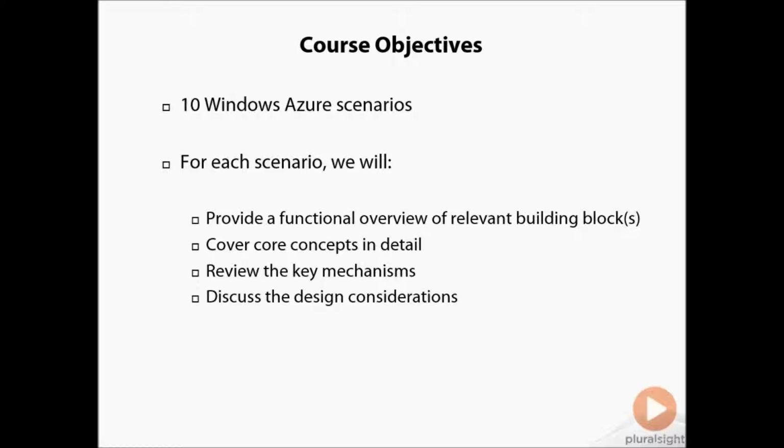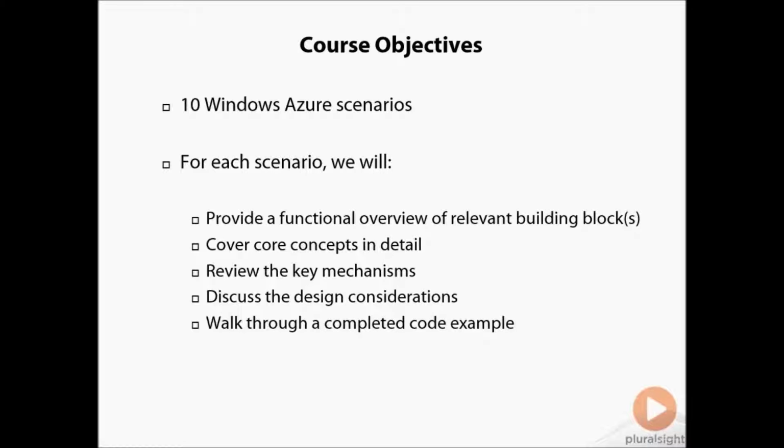Each building block comes with a set of features. When would you be using that feature? When does it make sense to not use this feature? We'll have that discussion. And then to bring all of these concepts together, I have a completed example for each scenario. And we will walk through important parts of the code for that example,